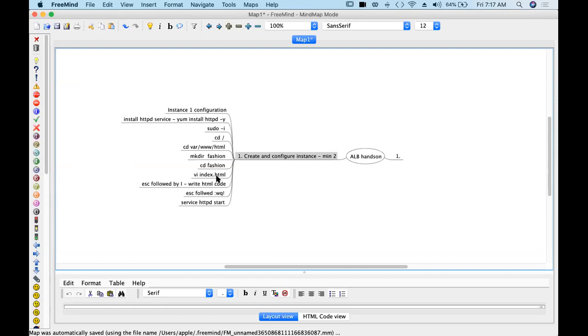Your index.html has to be under fashion directory only, and to check you can use ls command, and to read index.html you can use cat command, right? Any doubts, guys, in these steps? You can follow these steps as it is. Type in these commands as it is, and service HTTPD start.